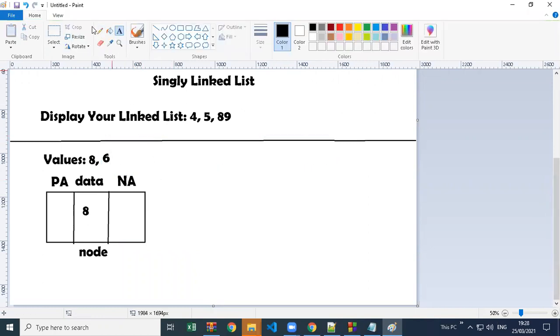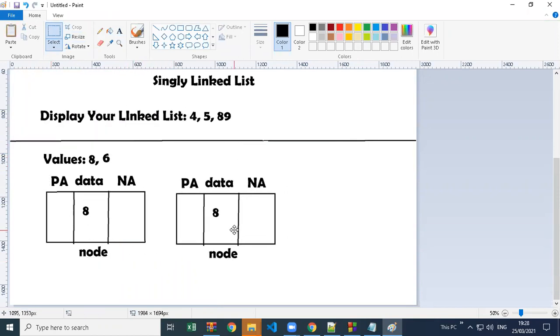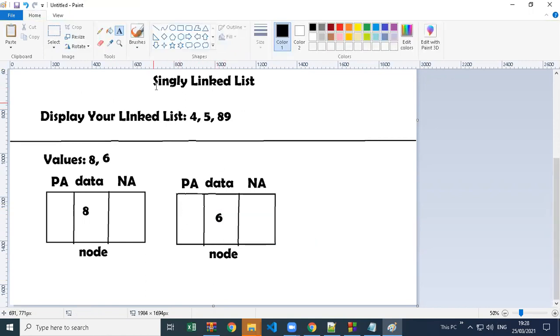Now what it will do, again it will create one memory, and this memory has data 6 because we are trying to store 6. It is going to store value 6, and this node is going to have the previous memory address.